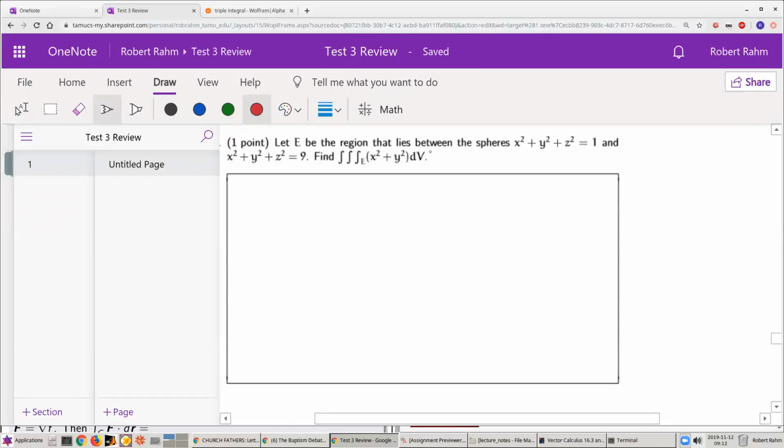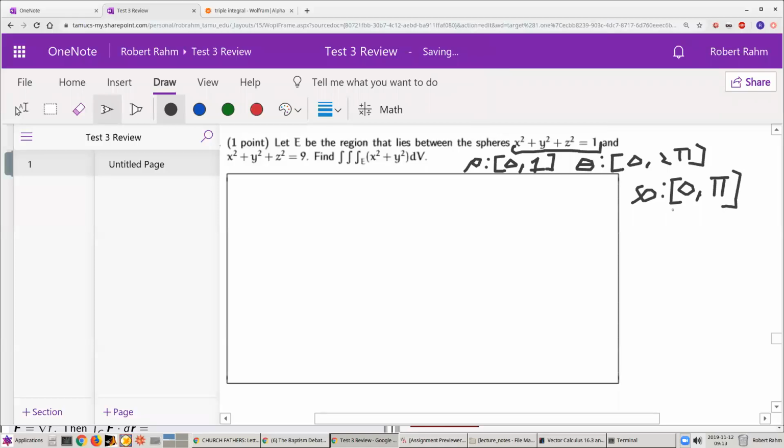So let E be the region that lies between the spheres x squared plus y squared plus z squared is equal to 1, and x squared plus y squared plus z squared is equal to 9. We want to do this integral. And I'm telling you, we should do this in spherical coordinates. Okay, so the spherical coordinates for this sphere are the following. These are just the standard spherical coordinates for a ball of radius 1. And if you don't understand this, spend some time looking in the book about it. But rho goes from 0 to 1, theta goes from 0 to 2 pi, and phi goes from 0 to pi. Now this is a ball of radius 3, and so the spherical coordinates for this ball are